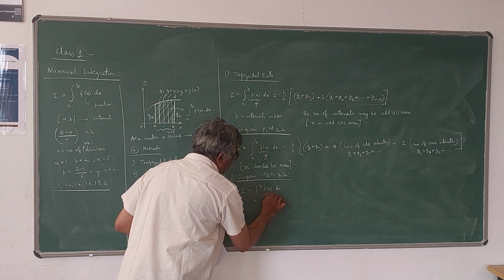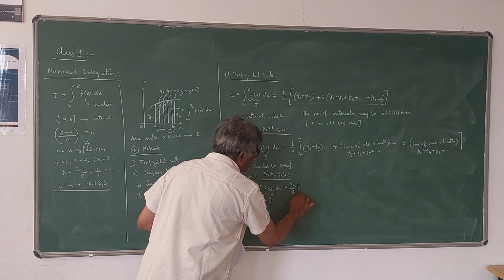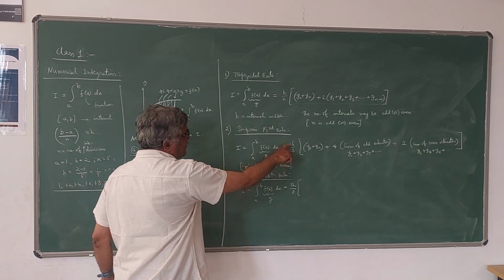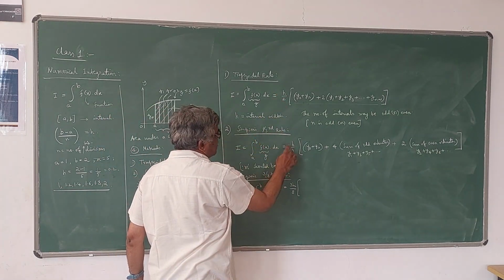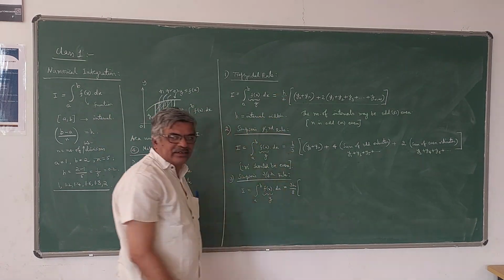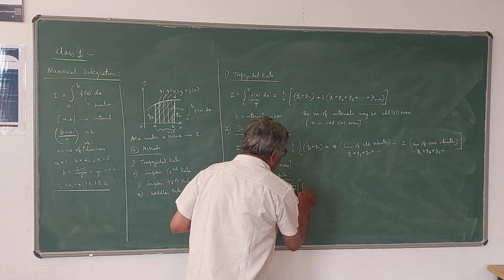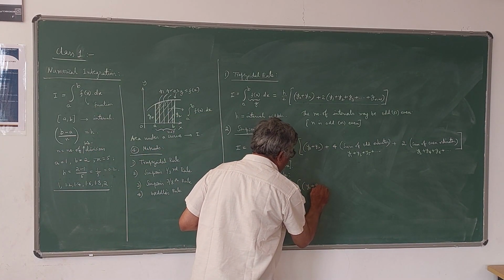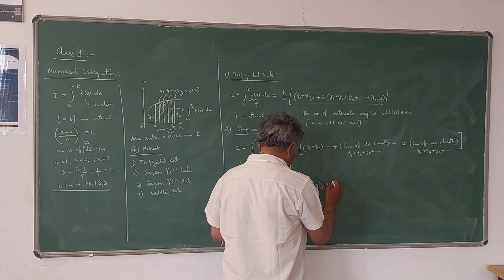So that is why it is called the 3/8 rule. This is 1 by 3, this is 1 by 2, this is 1 by 3, this is 3 by 8. Like that you have to remember. Into y0 plus yn. The first two terms remain the same. Plus 3 times